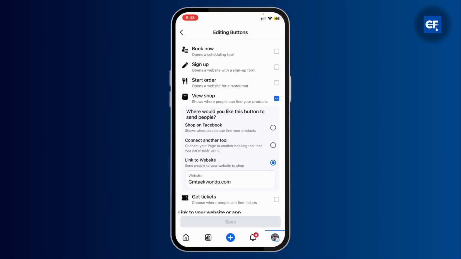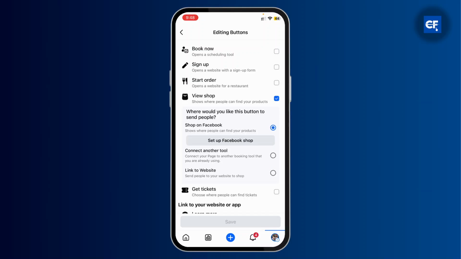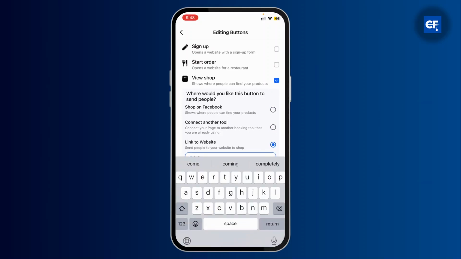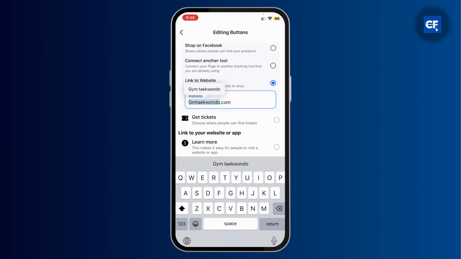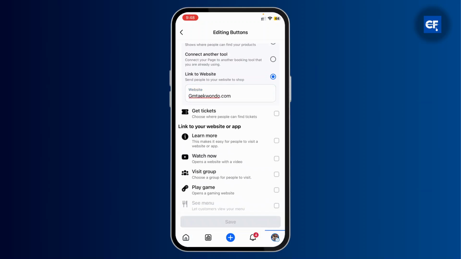So you can tap on shop on Facebook by setting up your Facebook shop, then connect another tool or link to website. So here I'll tap on the website, and then